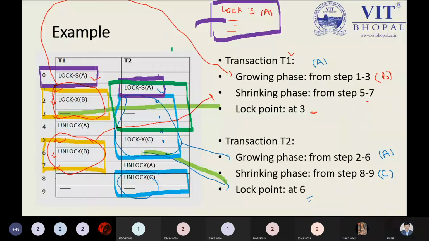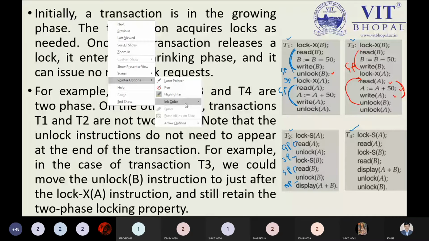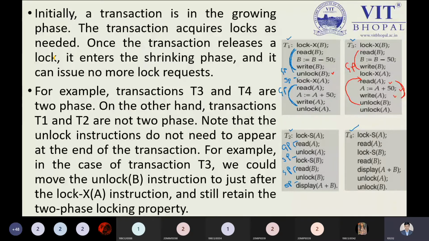Yes, sir. Okay. So that's why I've already written over here B, C, C after the growing phase, shrinking phase. Just look at the right side. Now, these are some points we have to understand properly. I have written the theory point over here for betterment, so it will be clear to all. But some points we have to understand especially. So now, for summary purposes, I can speak over here.